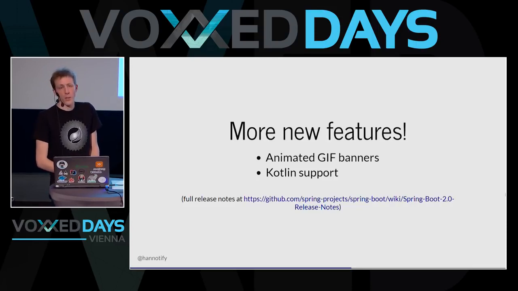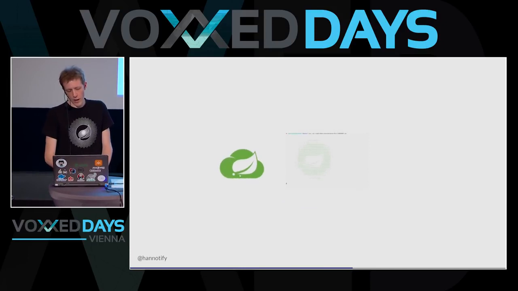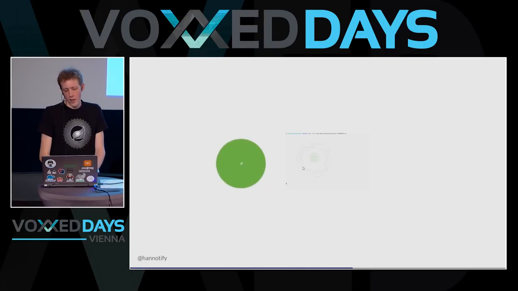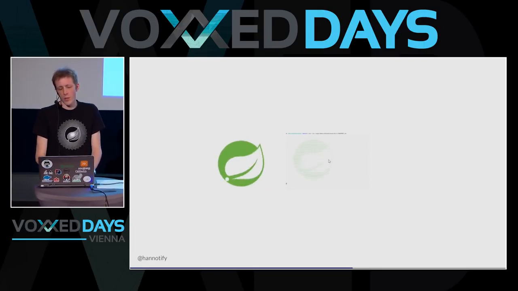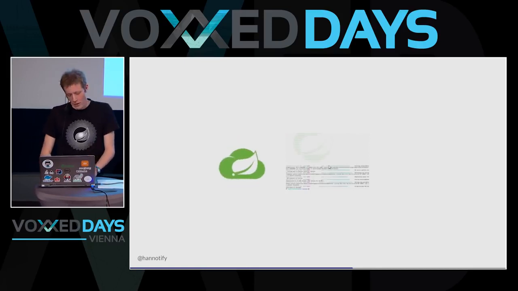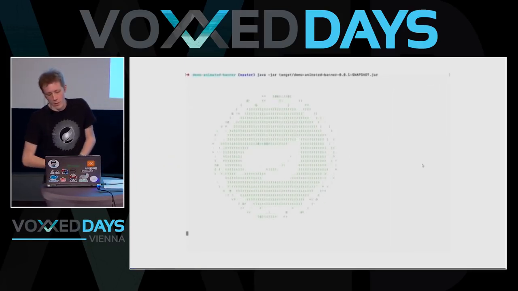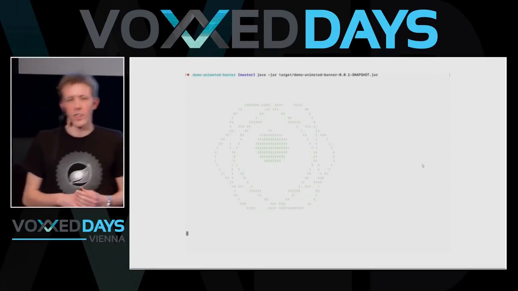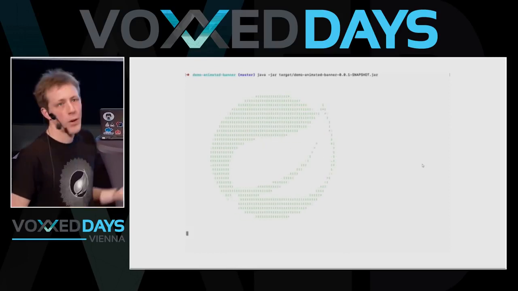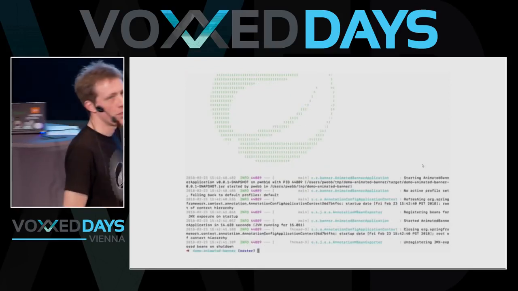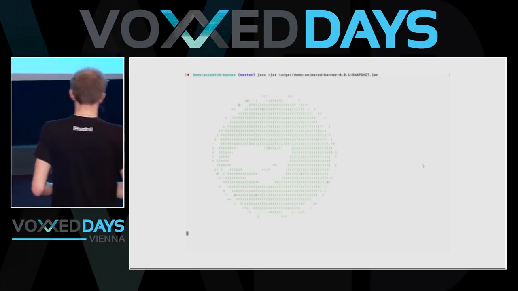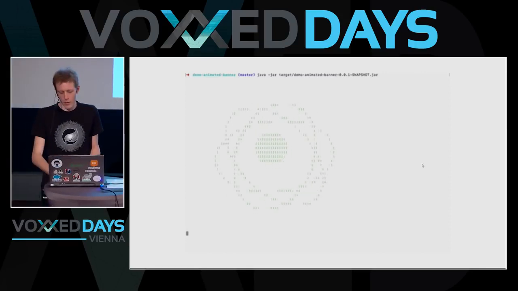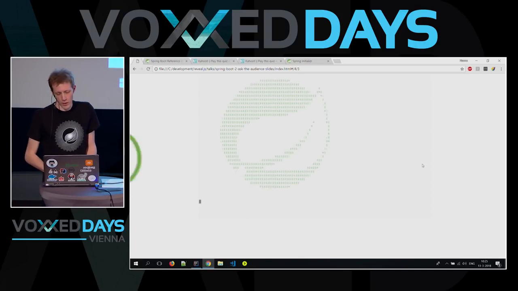Well, animated GIF support. That sounds great, right? This is the demo project that I saw on the website. You just put an animated GIF somewhere, and if you run it, it will generate an ASCII version of it. I'll zoom in a bit if you want to see it. This is just crucial to your company's strategy, right? Yeah, how will you ever get market leading positions if you don't support these kinds of functionality? So recommend this to your clients anywhere if you want some animated GIF support. Get this project.